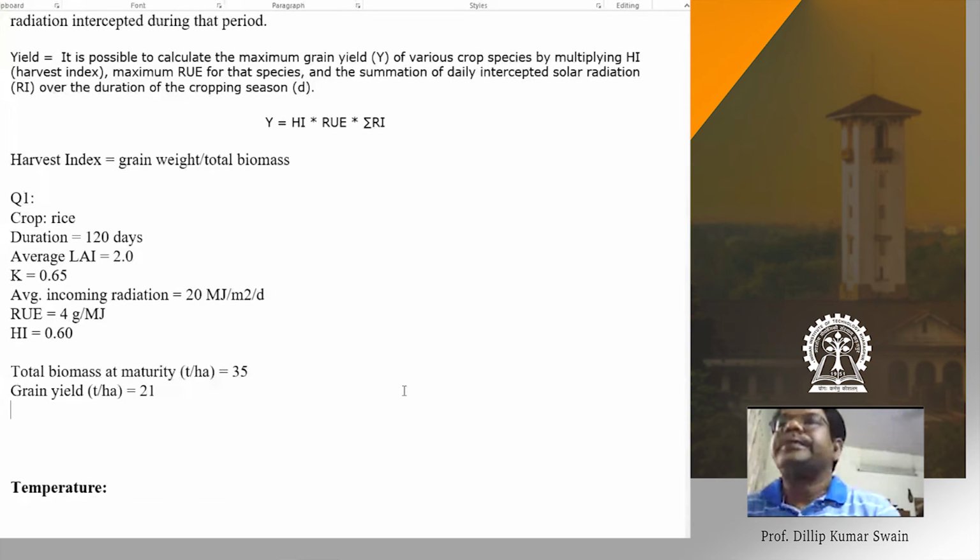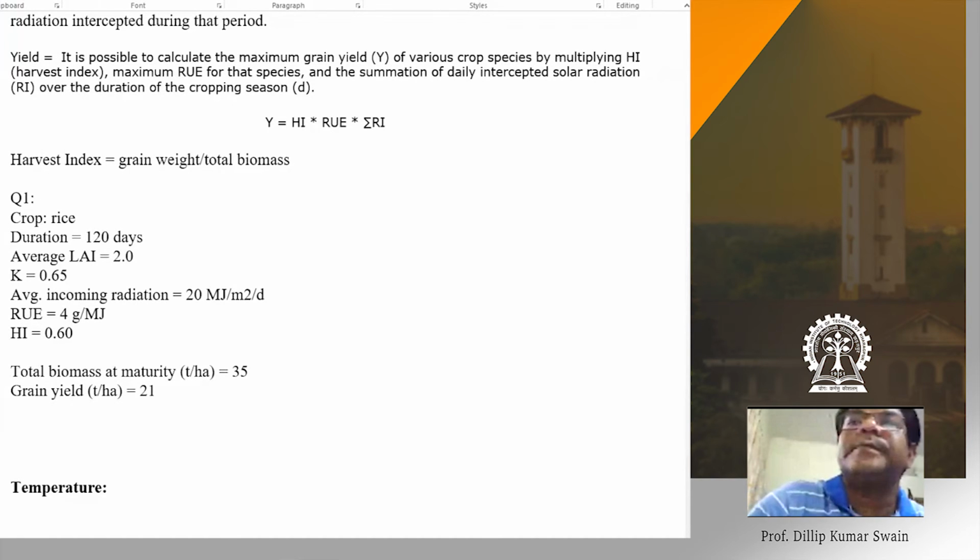Sir, I have a question here. When we are talking about biomass, do we consider the entire plant or just the outer coating of the grain? We consider the entire plant above the soil. That is biomass. That is what we say harvest index. The entire plant above the ground level, excluding root. Everything comes under biomass. Of that, only this much percentage goes to your grain. Harvest index means the amount of grain weight you get from the total biomass. That is your harvest index.